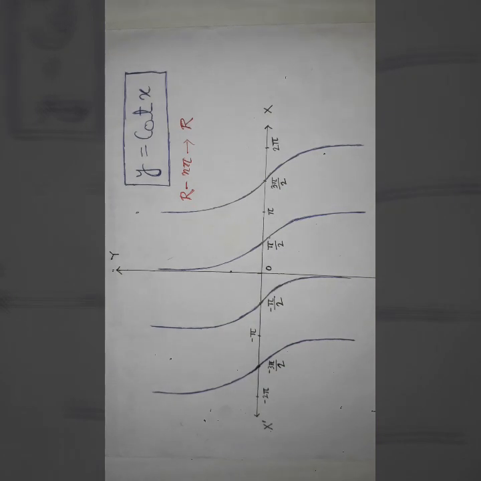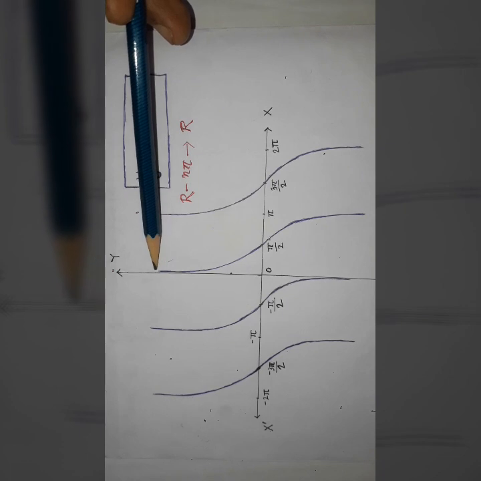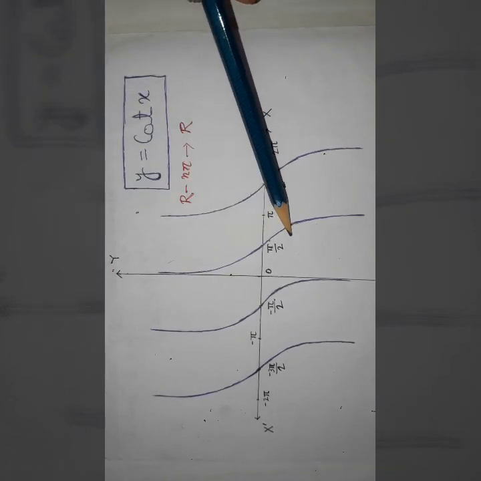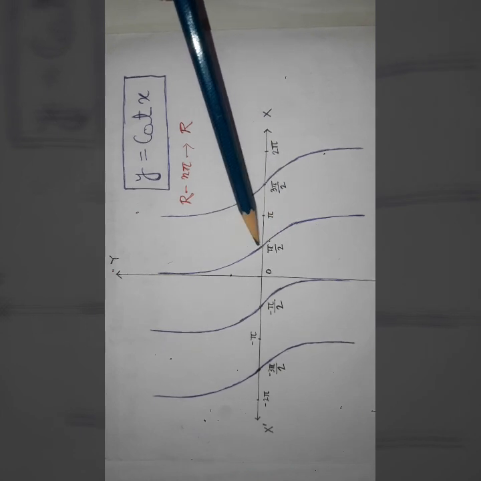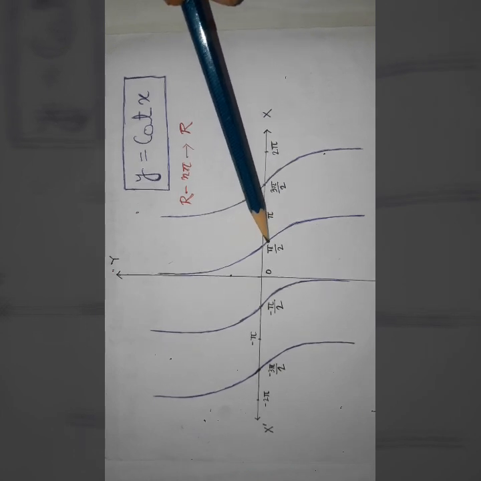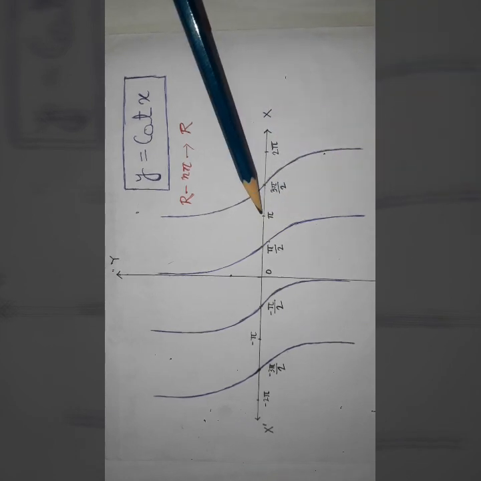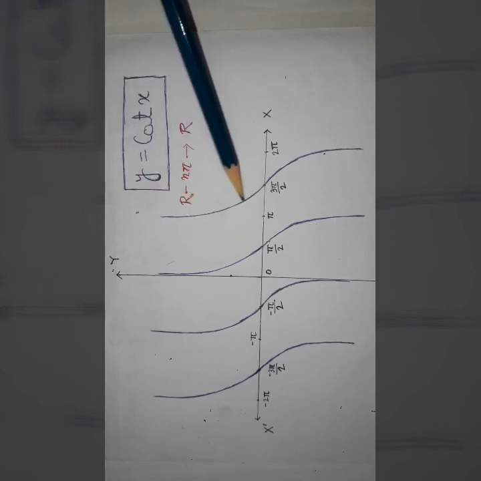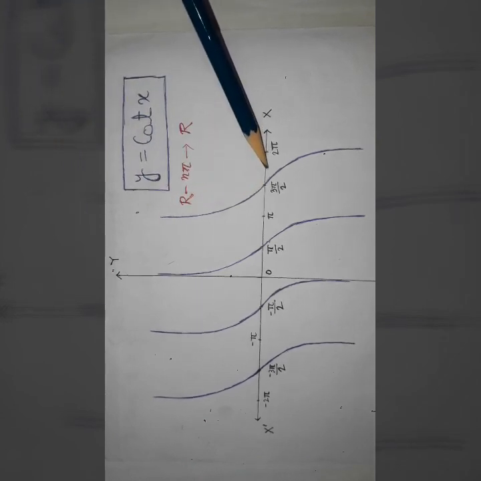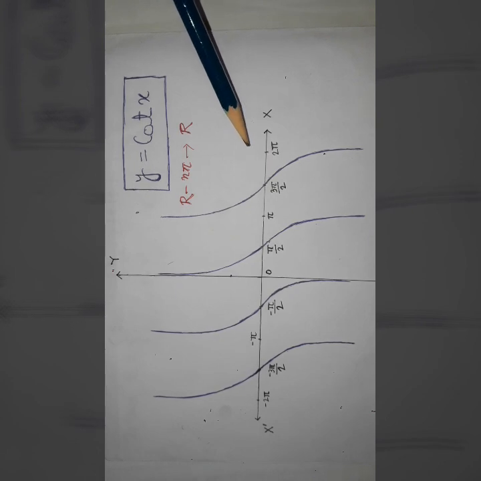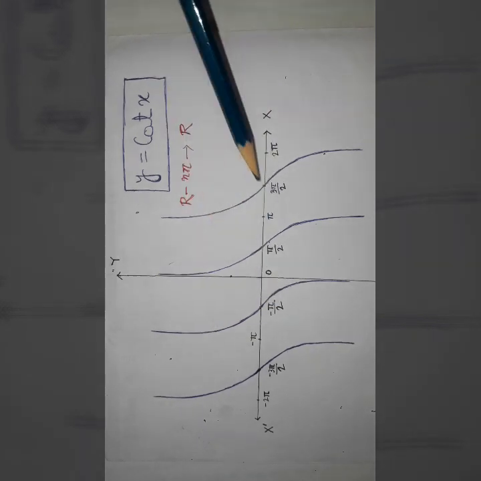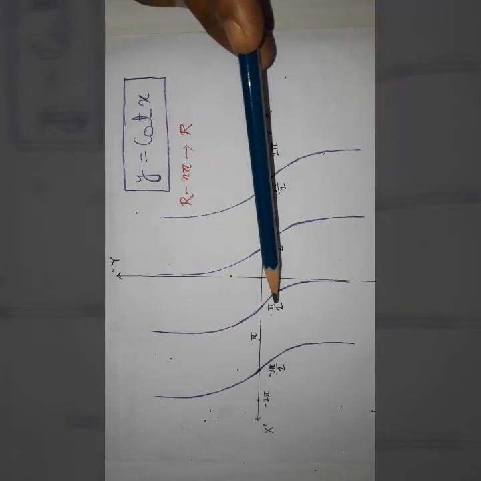And this is the graph of cot x. You see cot 0 is undefined, infinite, it is decreasing from infinite to 0 at pi by 2, that is 90. Then pi by 2 to pi, again it is decreasing from 0 to minus infinite. Then in the next quadrants it is decreasing from infinite to 0, and then from 0 to minus infinite, and same with the negative direction of the x-axis.